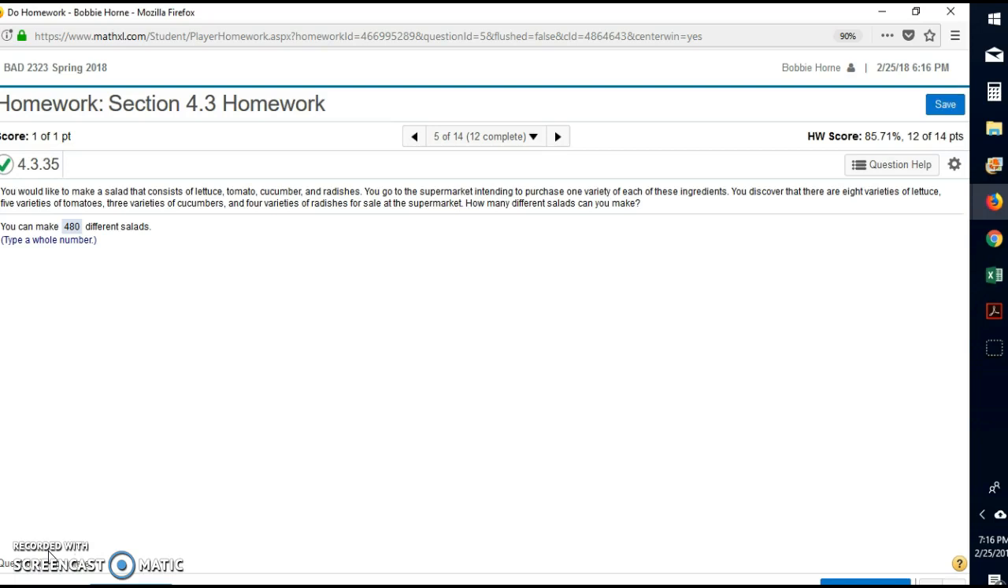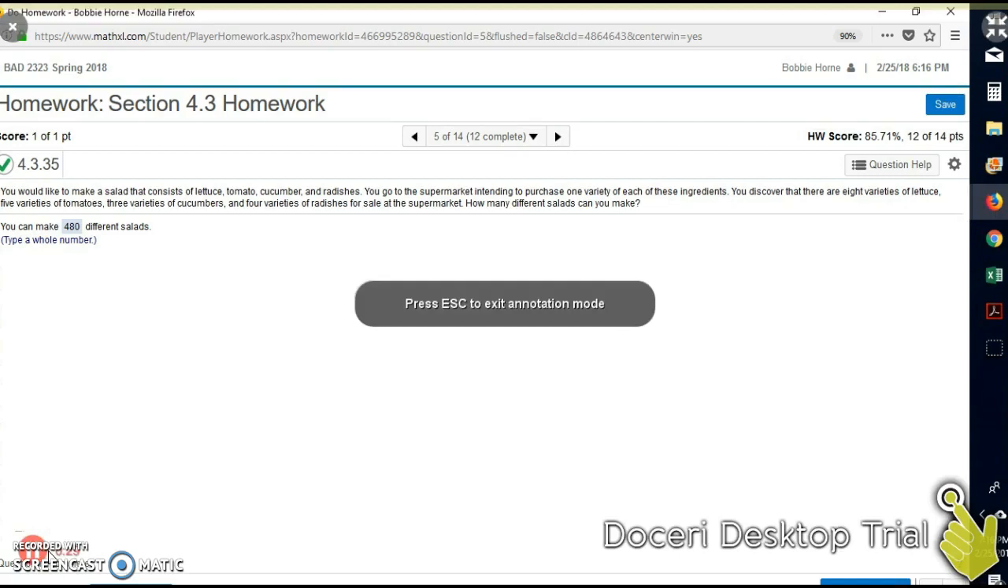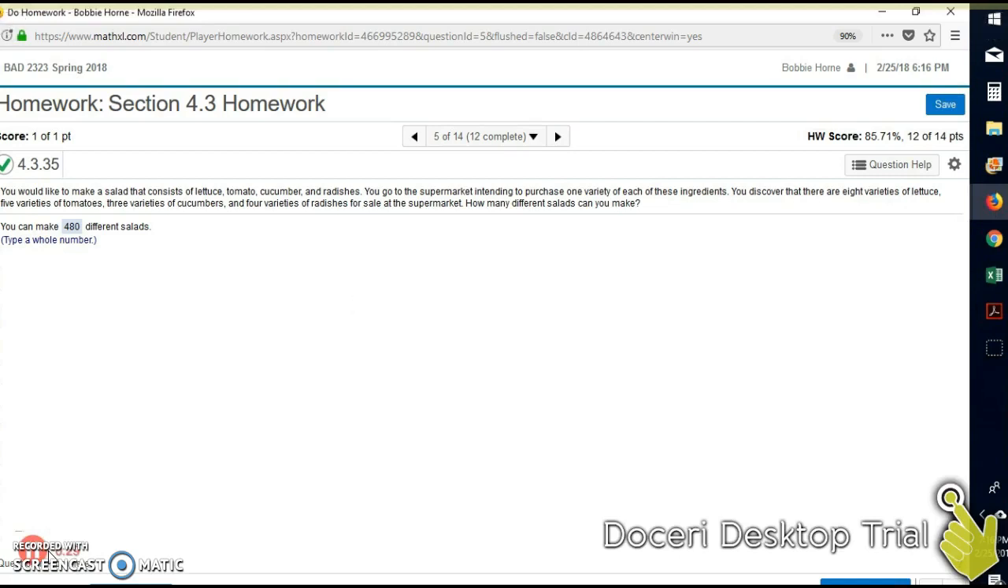Well, this is where we use what is called the fundamental counting rule. And the fundamental counting rule says that I can multiply all my different options together to get the total amount of different ways I can have a salad. So, first of all, we had,